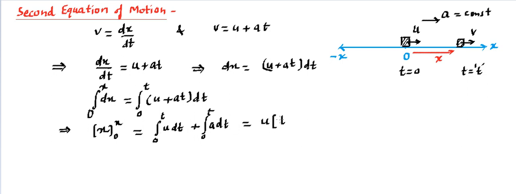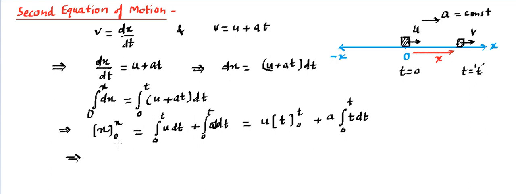Then integration will come out as a t. I'm writing it directly, and here you can take this a outside. Sorry, there was a t term as well because it was a t. So if you take this a outside, it will be integration of t dt, and the limits are running from 0 to t. You know that.